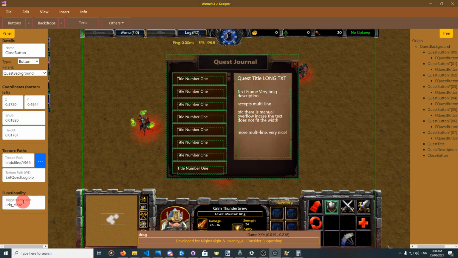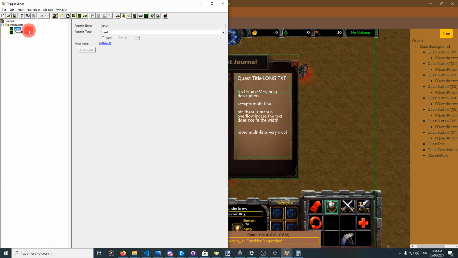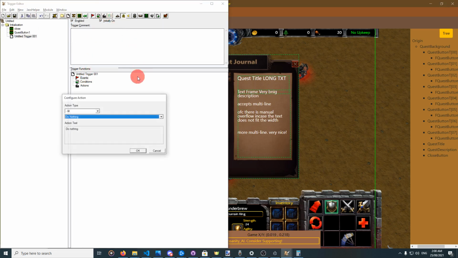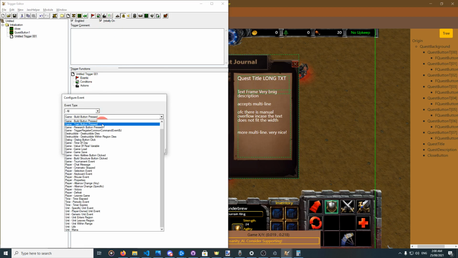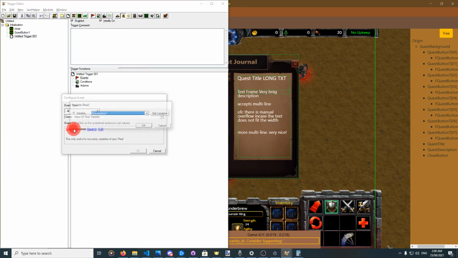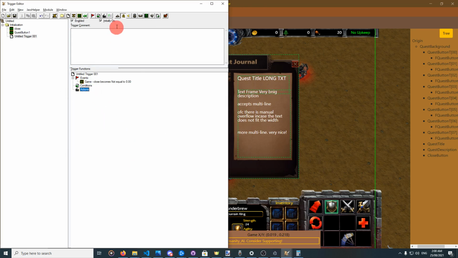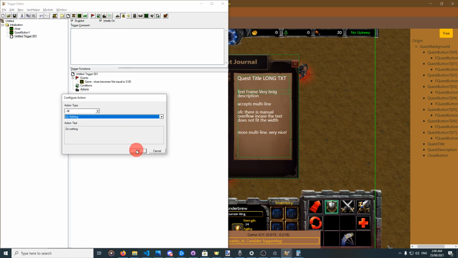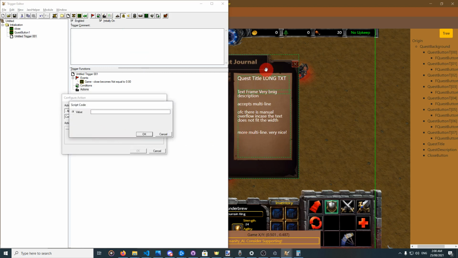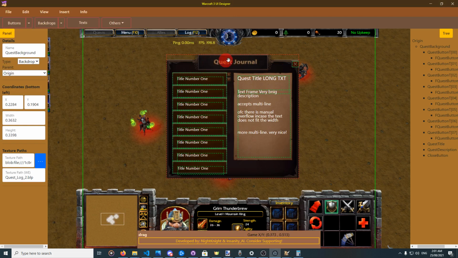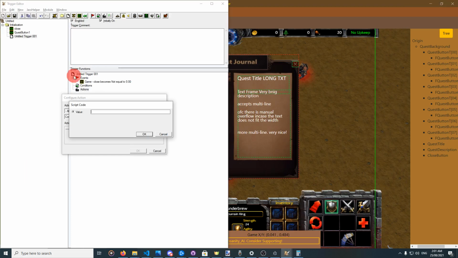Okay, let's set up the close. Of course, I will delete this. Set up the close trigger. Game value field variable. This variable is named close. Becomes not equal to 0. So if player one presses it, the number will be 1. Now let's write a custom script. Now I want that when this button is pressed, it will hide this background, and of course, hiding an element will hide all its children. So I'll basically hide the close system quest backdrop. I will copy this. Now I will add this custom script called please